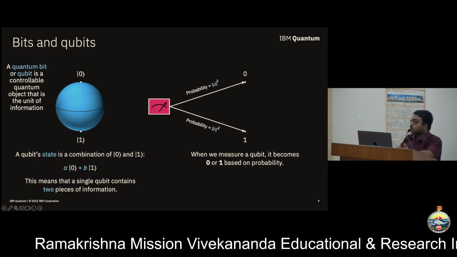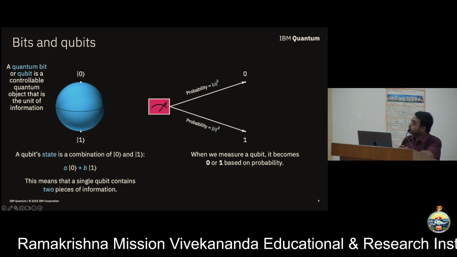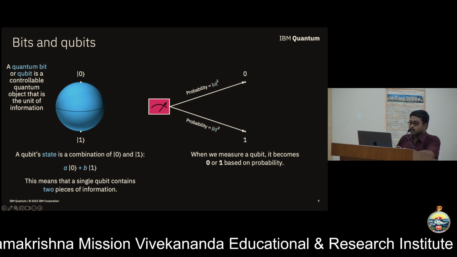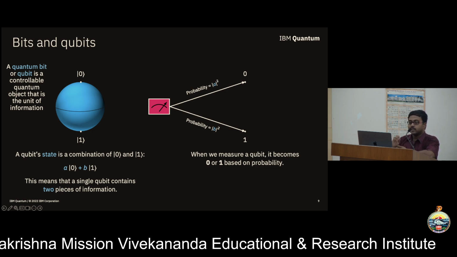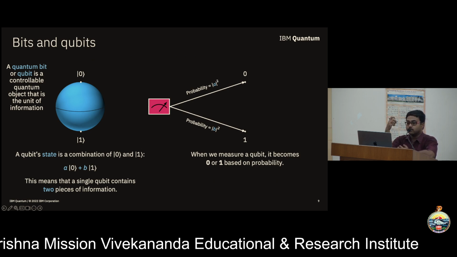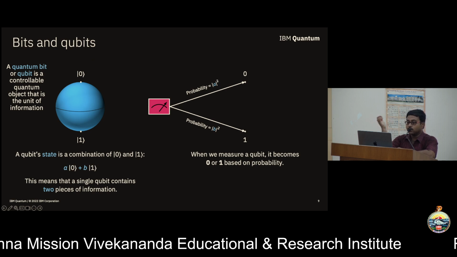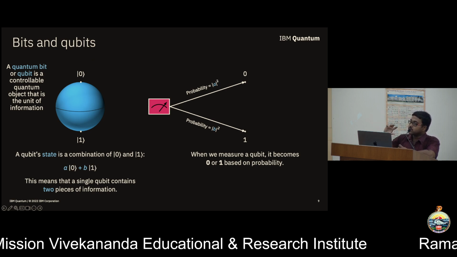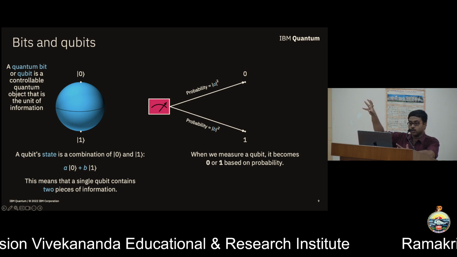So what is a quantum bit? I have been talking about qubits, and a quantum bit is very interesting. It has a property that in classical bits, we say that, okay, it's either 0 or it's 1. A quantum bit can be 0, can be 1. It can be something that is both 0 and 1.